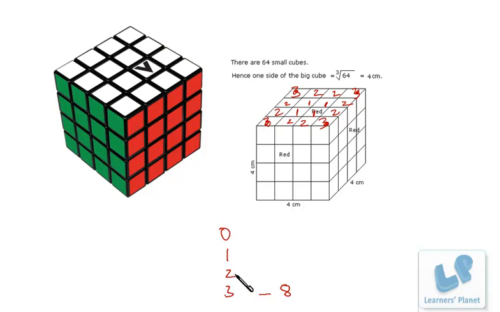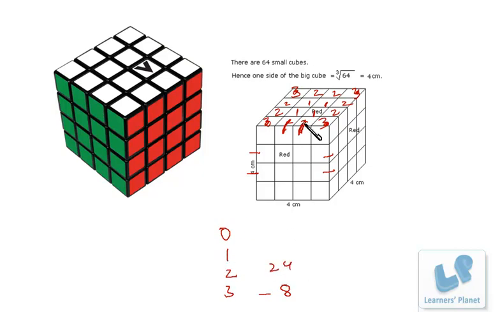Okay, after that 2 sides. So 1, 2, 3, 4, 5, 6, 7, 8 from the top, 8 from the bottom. So in all it is 16. After that, here also, 4 from this side and 4 from that side, because this we have already considered while discussing these, because they are common. So 8 from the top, 8 from the bottom, 16 plus 4 this side, 4 that side. So in all it is 24.